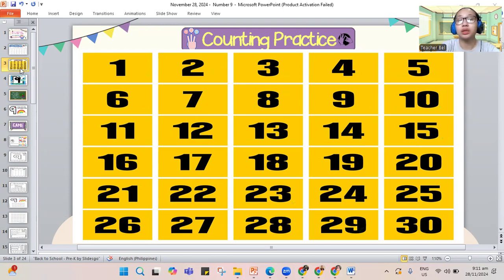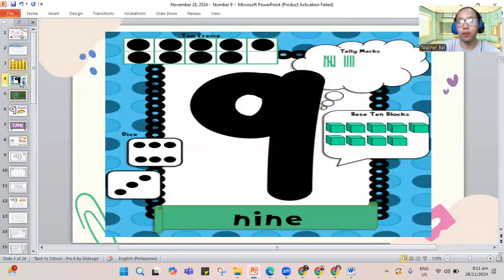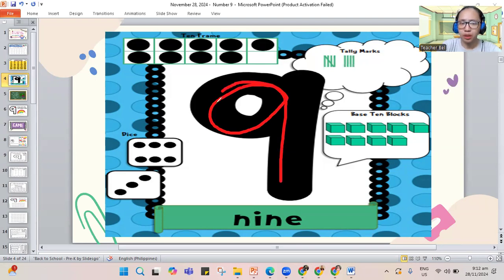Now that we're done counting, let me introduce you to our number friend today. For today's lesson, we will do the number 9. Here we have our number 9. When we make our number 9, you make the head of 9 around, make a loop, and go down. Number 9. Again, around, a loop, line down, number 9. Last one, around and a loop, go down, number 9.